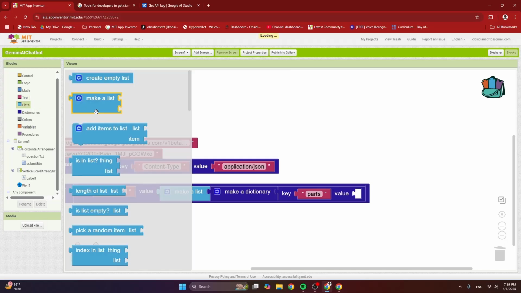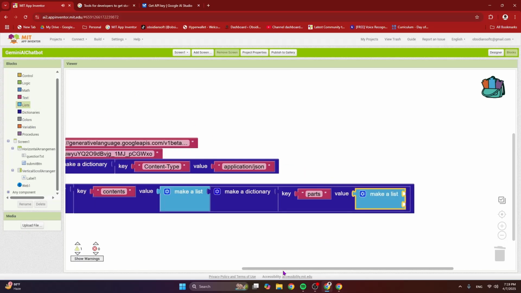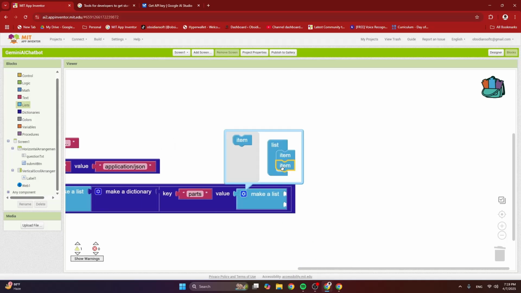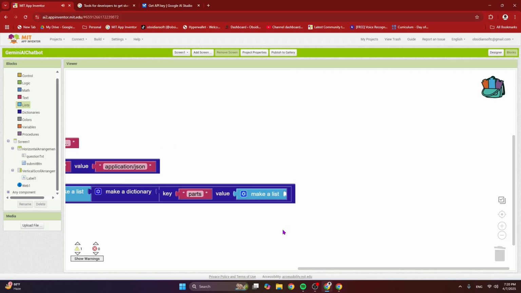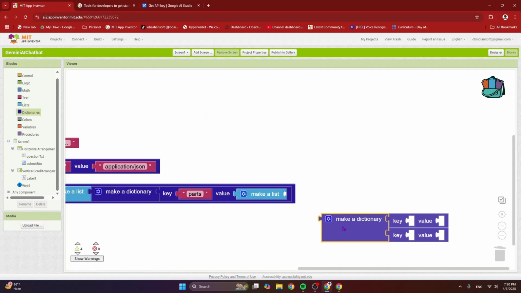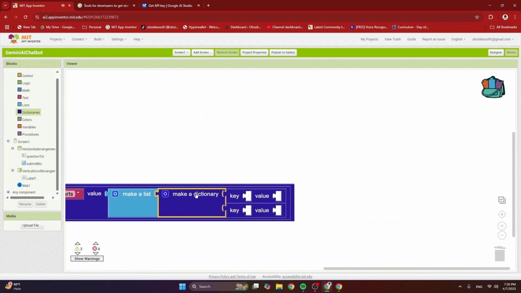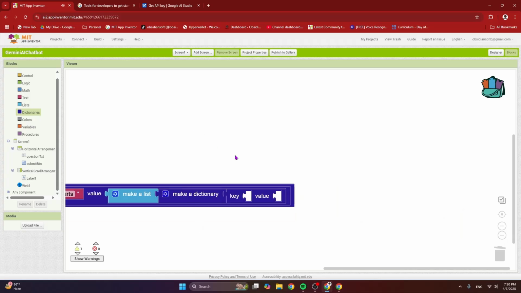And the value a list. So I am going to go to lists and get the make a list block. Now again, it's a one item list. So we don't need the extra one. And then this make a list block is again a dictionary block. So a lot of dictionaries and lists involved here. Click on the cogwheel. It's just a one pair dictionary. And what is this dictionary? It is,